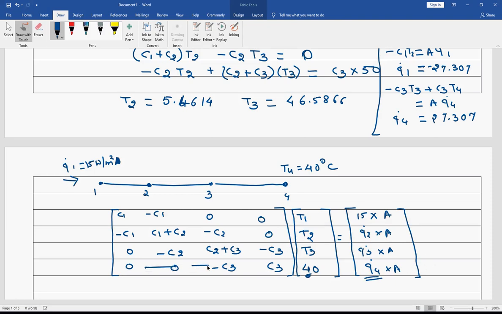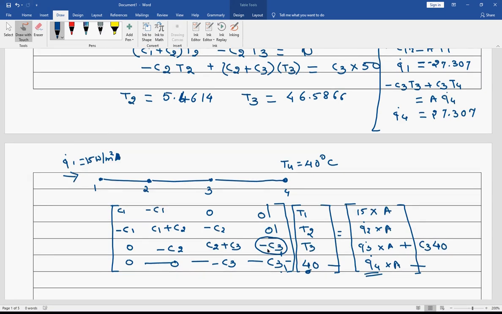And now I go with the elimination approach. So this row will get cancelled, and this column will also get cancelled. But to cancel this column, this element needs to be taken care of. So 0 into T1, C2 into T2, C2 plus C3 into T3, and minus C3 into 40. Since 40 is not 0, I cannot just eliminate this. So C3 into 40 will go on the right hand side, and now I can eliminate this column. That is not going to change for me.